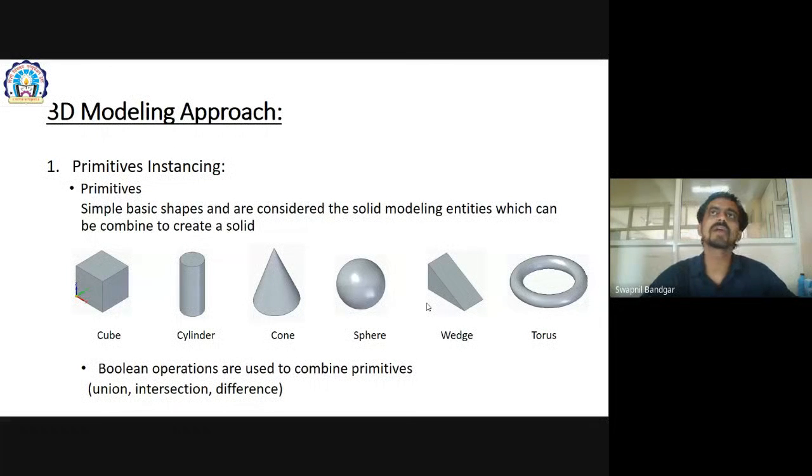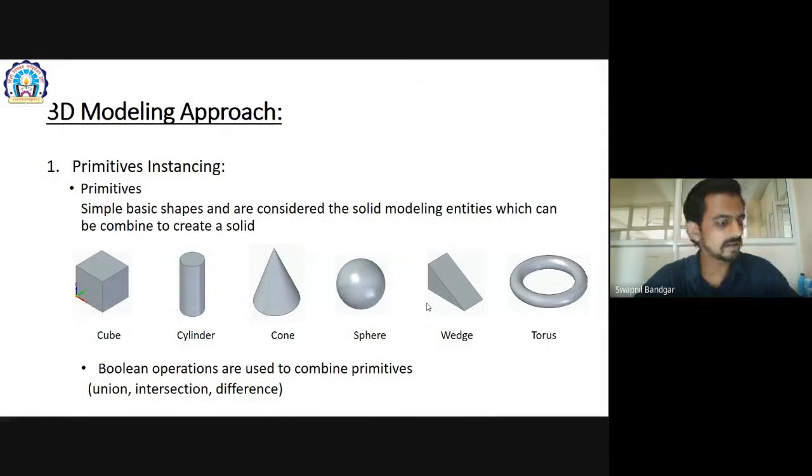For example, if I am a manufacturer of a suspension system, we can see the spring. The spring is my primitive for the suspension system. How will I make a spring? That spring can be modeled with a few inputs like its pitch, its diameter, and the wire diameter.